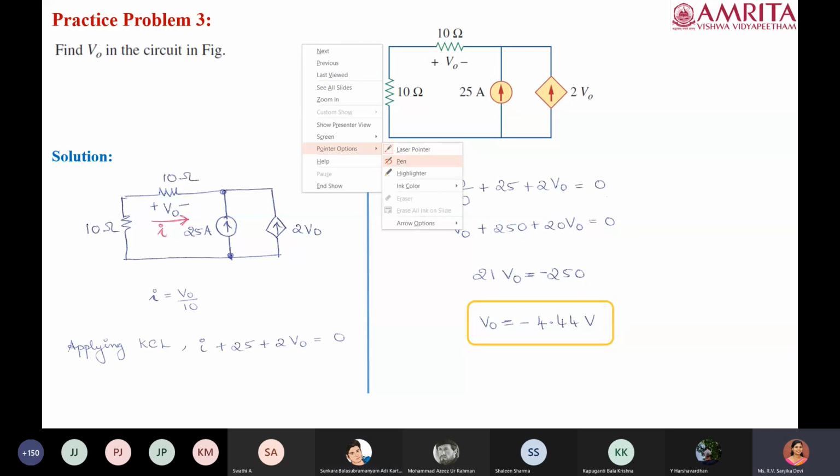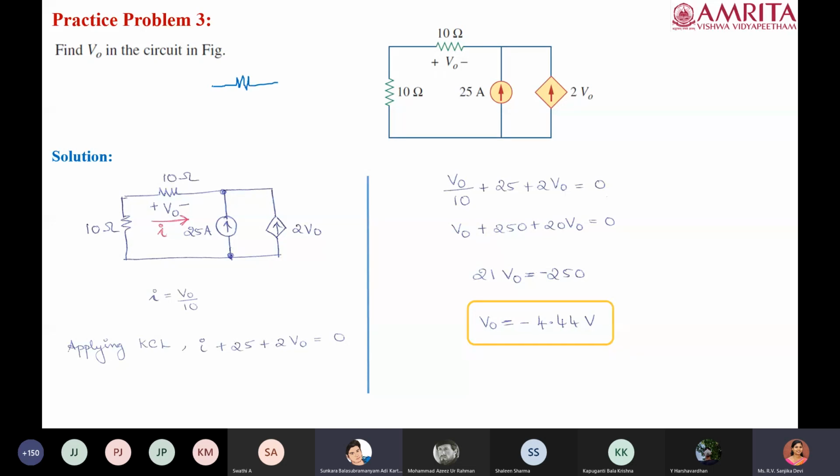I think there is a lag. What should this resistor be? Ma'am, 5 ohm. Okay, I'll take it as 5 ohm, and the other one is 10 ohm. Ma'am, whatever the resistance might be. Wait, let me complete this, then you can tell me.